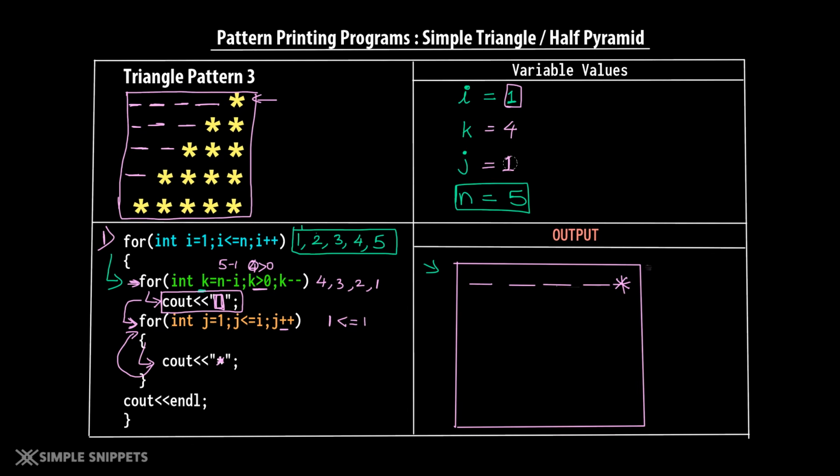Now j will take the value of 2. So let's change the j value and make it 2. So now j becomes 2. And now again the condition is going to be checked. What is the condition? j has to be less than or equal to i. j has become 2. i is still 1. You can see 1, we are tracking it over here. Is 2 less than or equal to 1? No. So now the condition will become false, right? So now this for loop will not be executed.